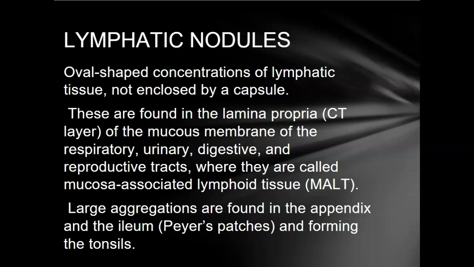You'll have areas of it in the small intestine known as Peyer's patches, and then they really increase as you get closer to the large intestine. And where the small intestine meets the large intestine, you have the ileocecal valve. And that first little terminal end of the large intestine is known as the cecum. And if you go inferior to that, if you go south, you run into the